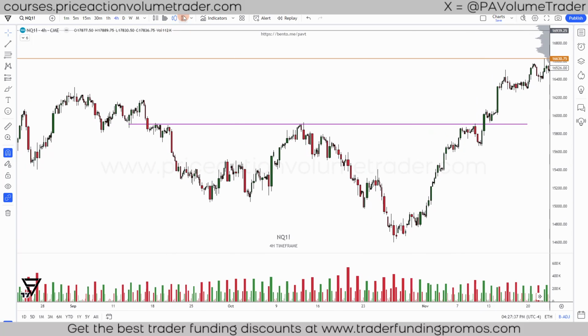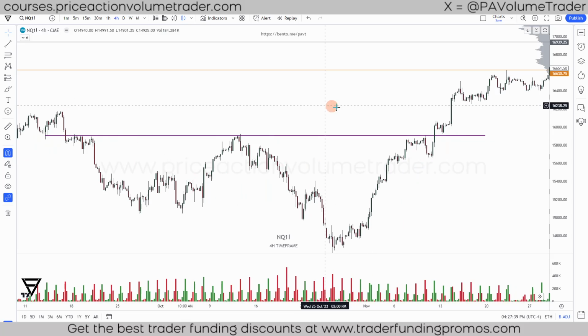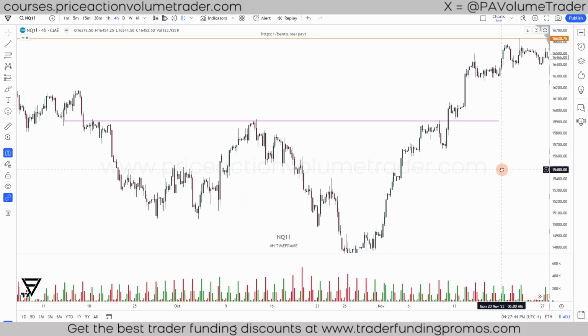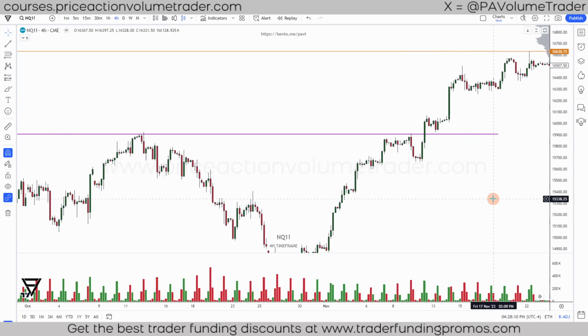So for example here, if we look at this chart and I marked off this purple level, you can see it has been a very consistent area of resistance here back in middle of September, then back middle of October, resistance again, middle of November. So this is a 3-month period of resistance right around this 15,900 level. But then right here,